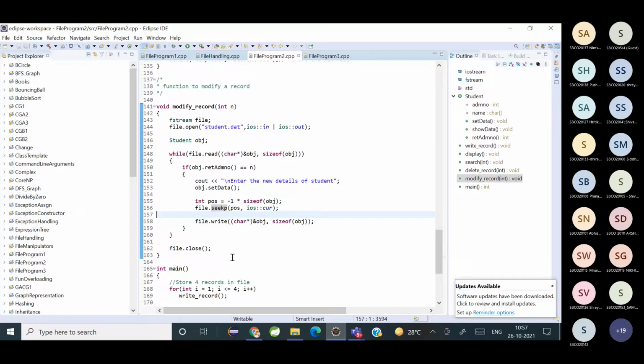If I want to modify that, I am going to ask the user to enter the new details. And based on the new details, I will set the position. And how will I set the position? By seekp function. And then I will write the contents to the file. And once that function is done, I will close the file.